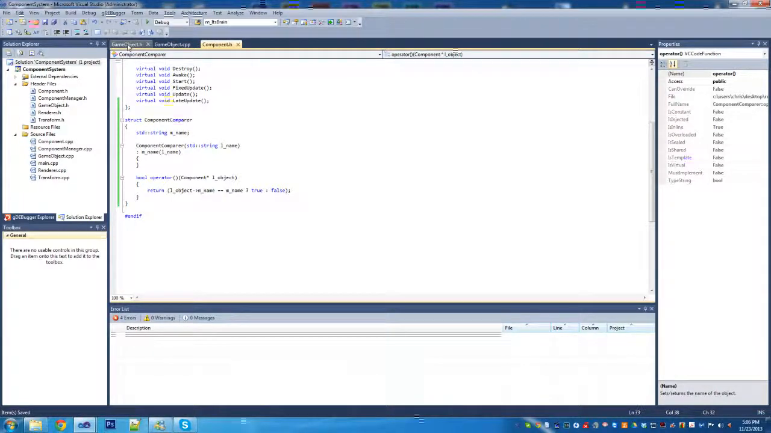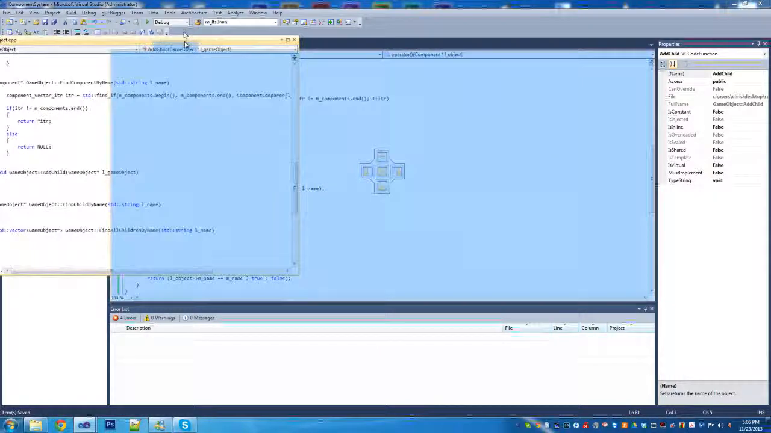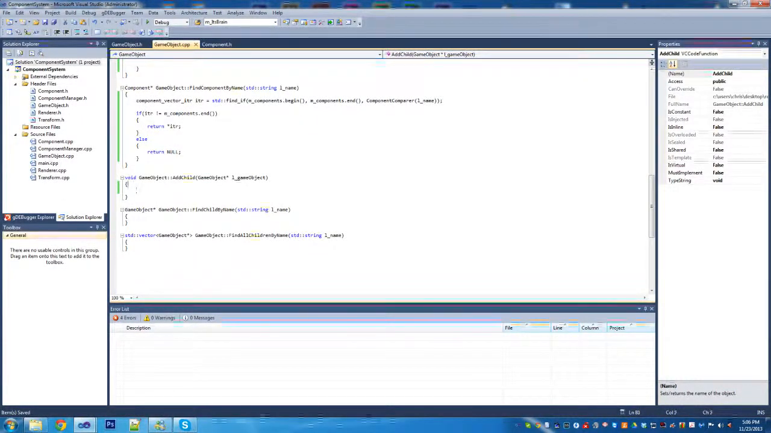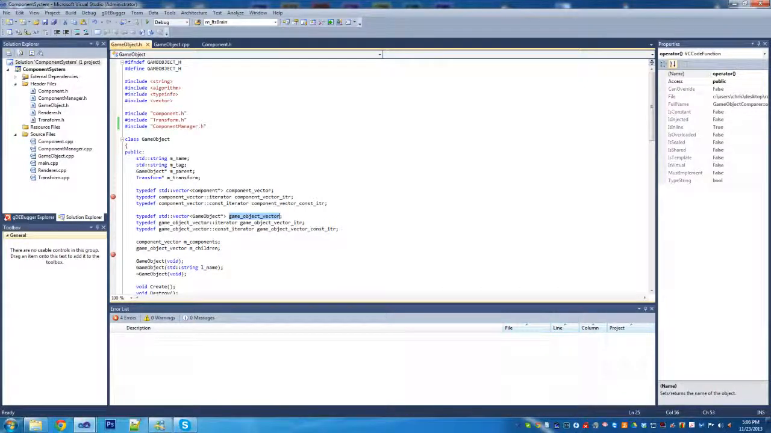Right, so there we go. Now that's done. Oh, I don't want to blow that up there. Let's put that back on the bar. So now in the add child, we're just going to go through and work on that. First thing we're going to do is go over, and I like copying and pasting stuff. We're just going to grab the game object vector iterator,